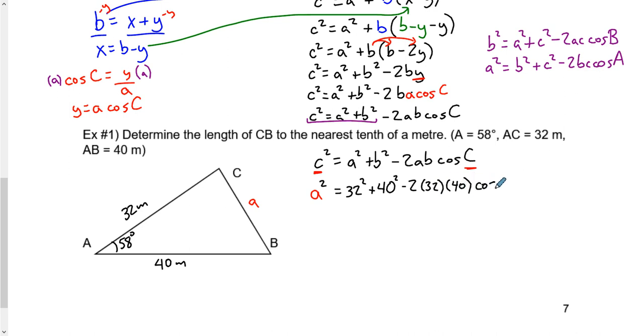Just as long as you identify that this angle is across from this side. So the angle across from our unknown side is the 58. The beautiful thing about scientific calculators is that you can type all of this into your calculator in one step. You can take the 32 squared, add the 40 squared, subtract 2 multiplied by 32 multiplied by 40 multiplied by the cosine of 58